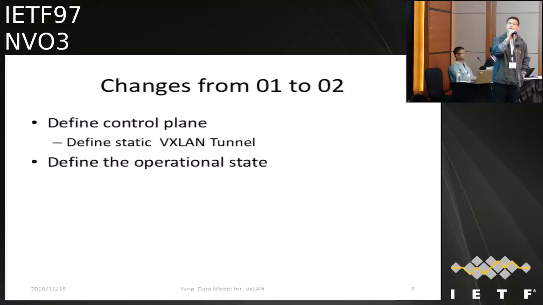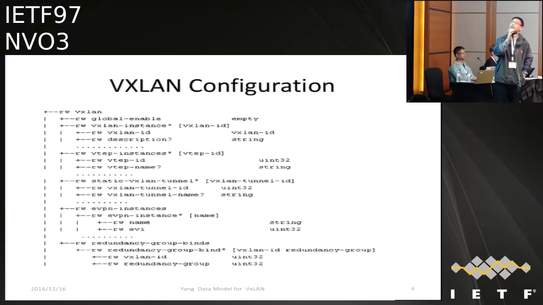And from the changes from 0.1 to 0.2, we define the control plane, and we define the static VXLAN tunnel in the 0.2 version, and we also define the operational state. So next page. This is the current VXLAN configuration. We have the VXLAN model, and